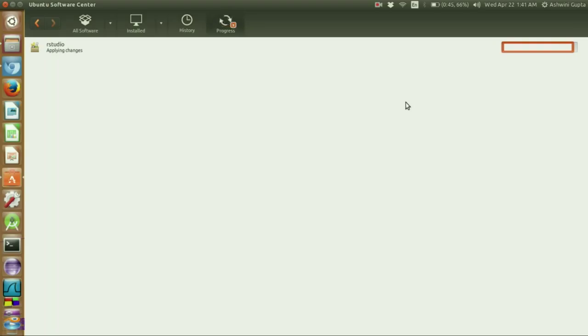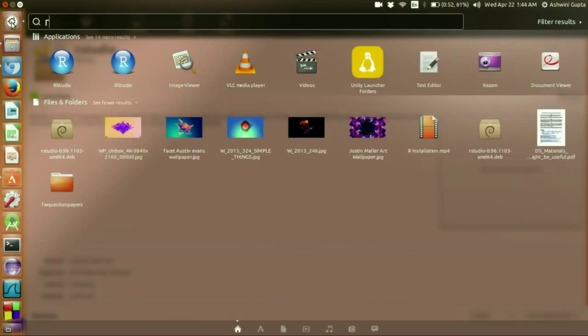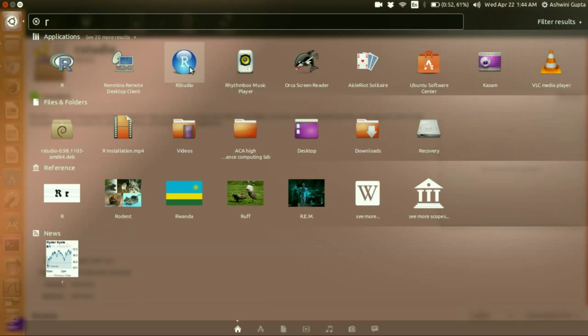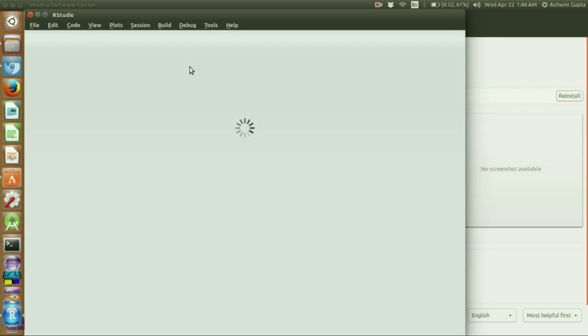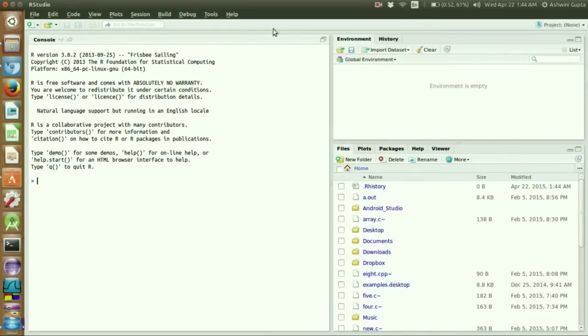And when it is over you go to the search and search for RStudio, and then you'll see a blue ball where R is written in caps, and then you click that, and yeah, that's there, RStudio running on your system. Then you'll see RStudio pop up on your screen, and RStudio will be mainly of three sections. The one on the left hand side will be the console,